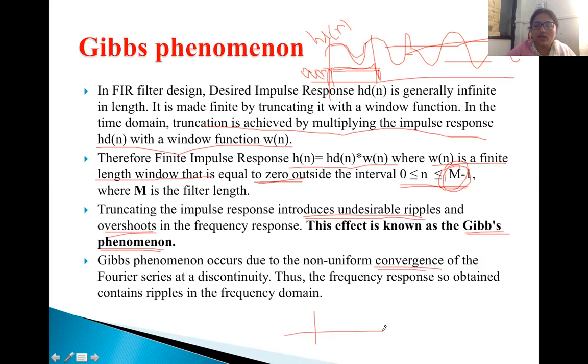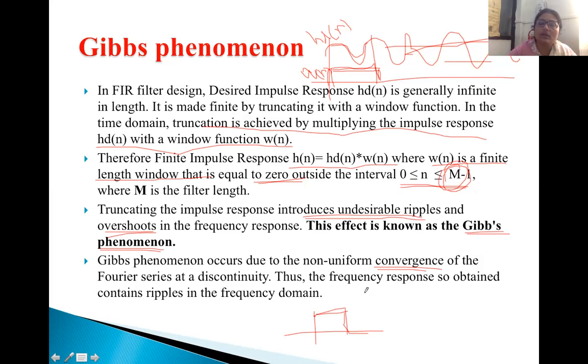So the Fourier series is not converging there. Here you can see that this is my impulse response, and it is being truncated. Immediately this is the pass band, and it immediately goes to the stop band. Because of this abrupt change, a discontinuity appears here, and this discontinuity cannot be converged in the Fourier series. The Fourier series is not able to converge. It does not have any fixed value, it starts replicating or becomes unstable, and it does not have any fixed outcome.